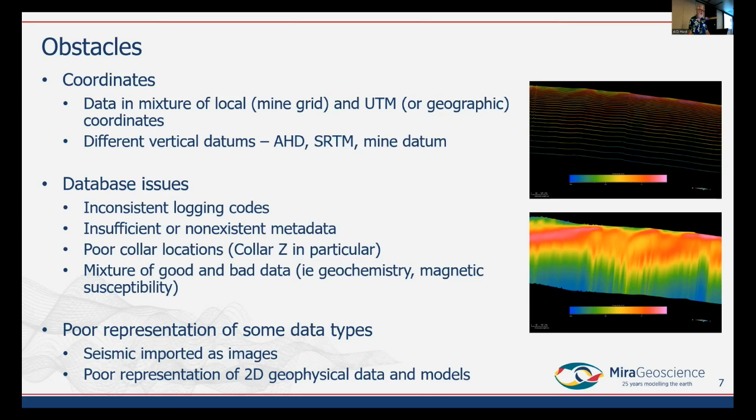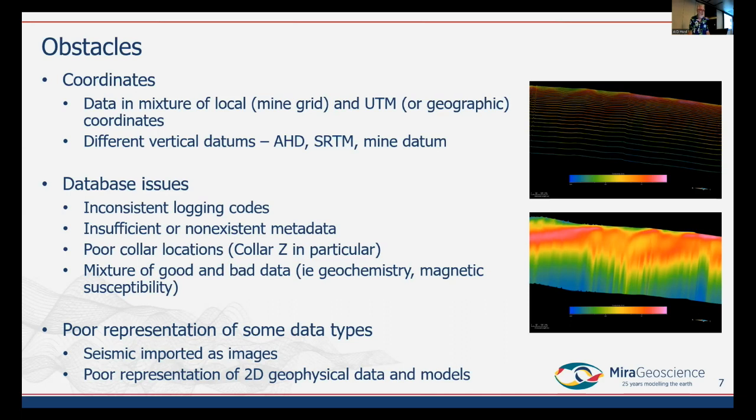And you have databases that are a mixture of good and bad data, and geochemistry would be a classic where you have stuff from different labs with different detection limits, and it's all just smashed together into a single database, or a magnetic susceptibility database. I've never seen a good one yet, where we send the fieldies out to do mag sus measurements and they don't know the difference between 10 to the -3 or 10 to the -5. And again, it's all just in the same database, absolutely useless. You can't do anything with it.